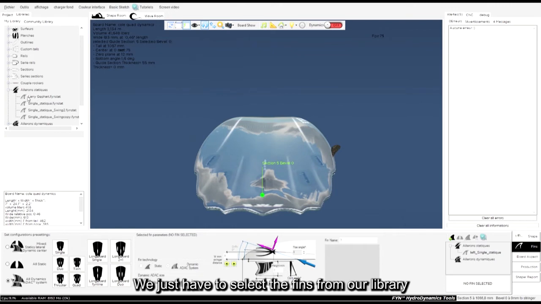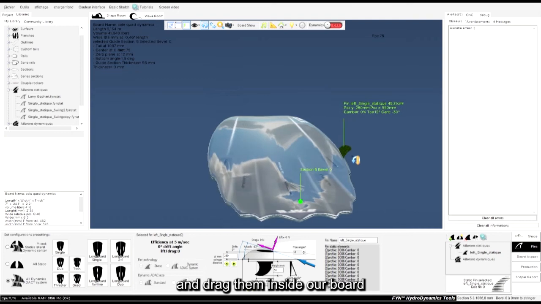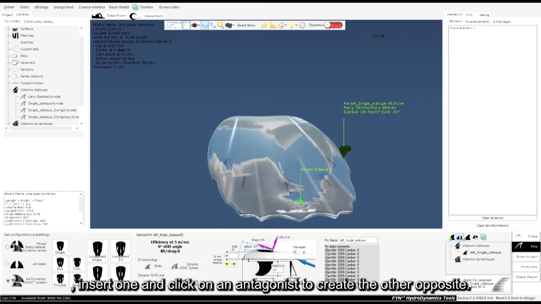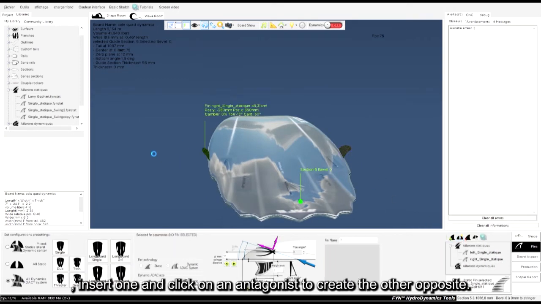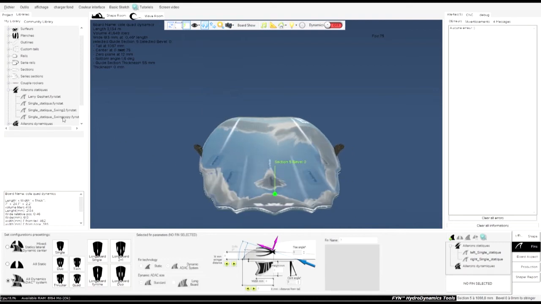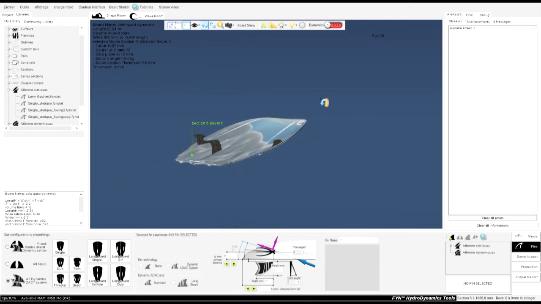We just have to select the fins from our library and drag them inside our board. Insert one and click on an antagonist to create the other opposite. For our friends on the Basque Coast, we're going to put a little swing here.